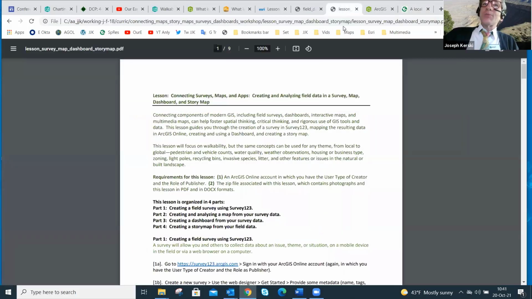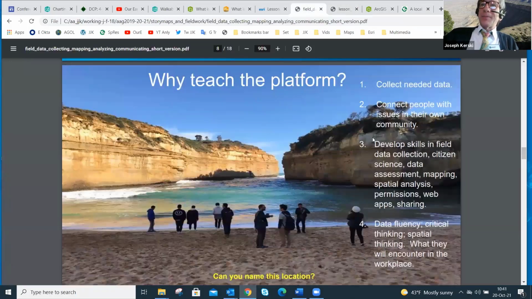And so that's very much what we're immersed in here. And also to develop skills in field data collection, deciding the core stuff that you and I like to think about when we go out in the field. What units are we going to collect in? What data are we going to collect? All that sort of pre-planning that has to go in before you get out into the field.